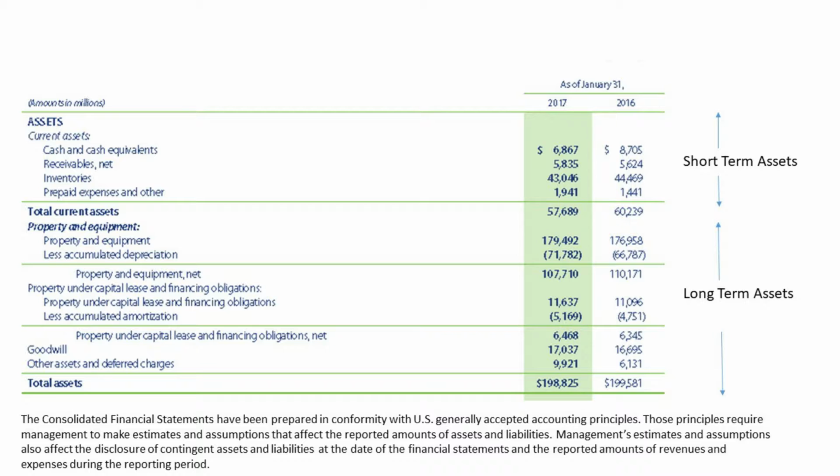So here in current assets, you could see that total current assets for Walmart is $57.6 billion in 2017, which has decreased from $60.2 billion in 2016. And the total non-current assets, which is put together of the remaining sum, has actually stayed on course, and the total assets has decreased by a marginal $500 million. So net, this gives a good comparative view, and we will understand now what each of these terms in the assets